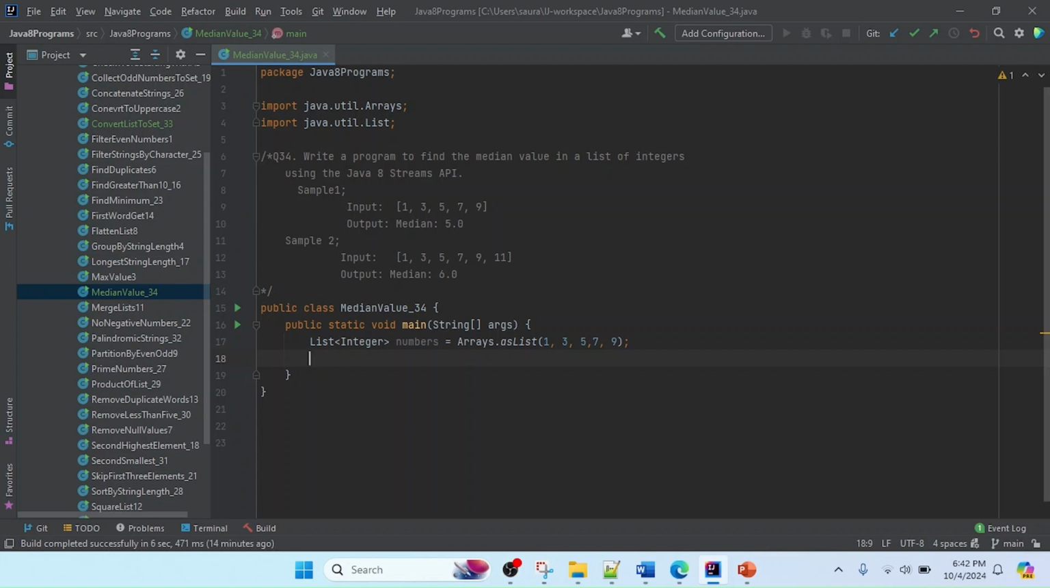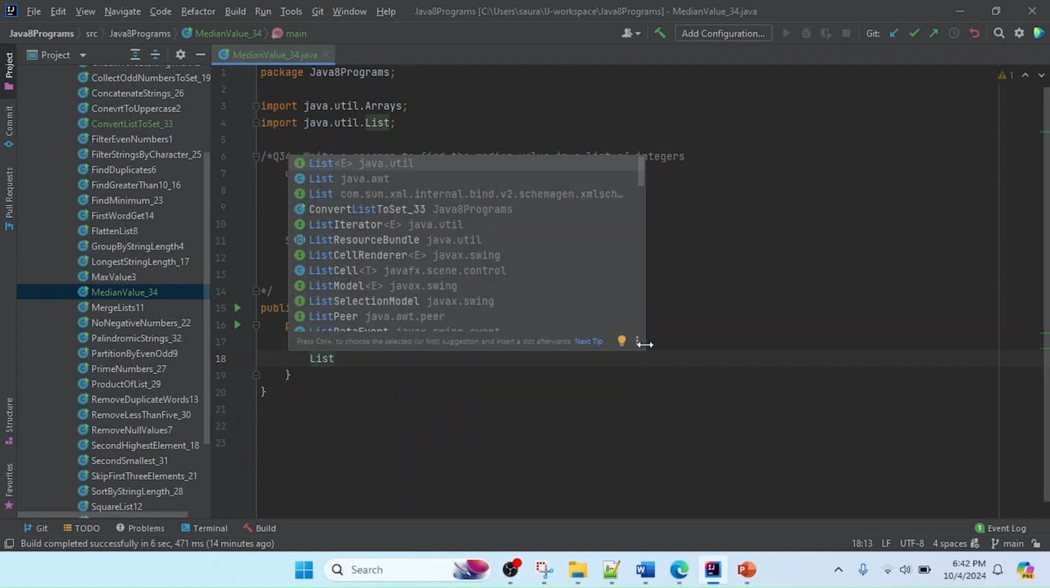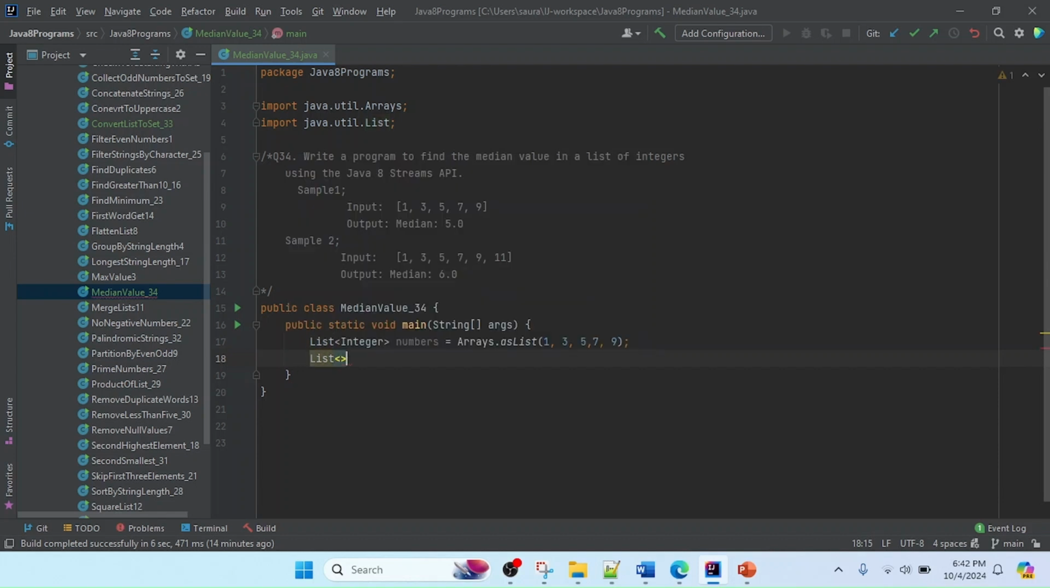Now firstly we need to sort the elements. By default it's already sorted, as you can see, but we need to confirm it's sorted. Actually, whenever we take input at runtime or compile time, we don't know if it's sorted or unsorted. So firstly we need to write one more List of Integer, and I will name it sortedNumbers,